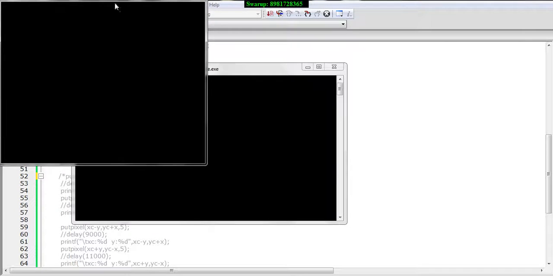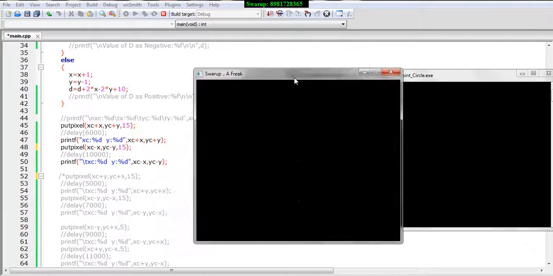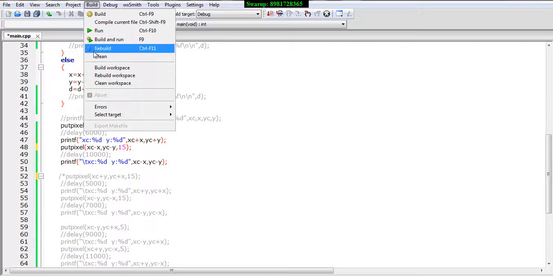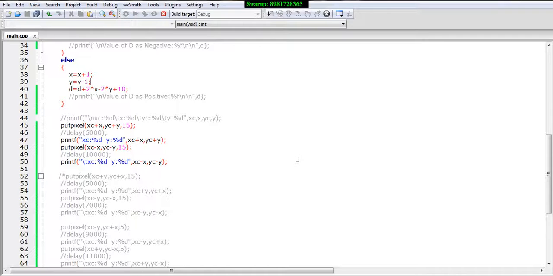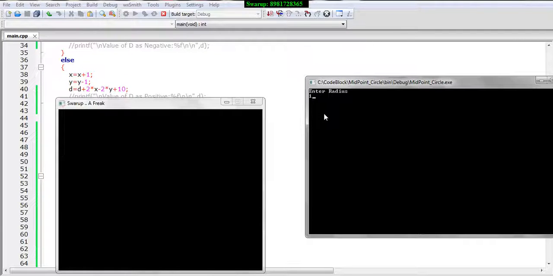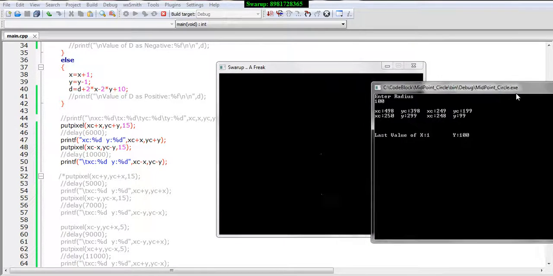And here comes my interface, and I will give the same radius, 100. Please take a note over here. Well, okay, I didn't go for the debug option. I need to go for the debug and then it should be built. Yeah, the last modification had not been recorded, and that's the reason the effect was not there. So here comes the value now. Yes, this is what it is. So the pixel got printed exactly on the other side.